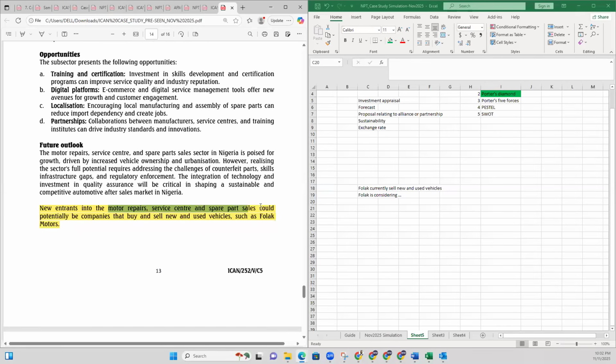So they could be considering this line. Right? So if they are considering this line,